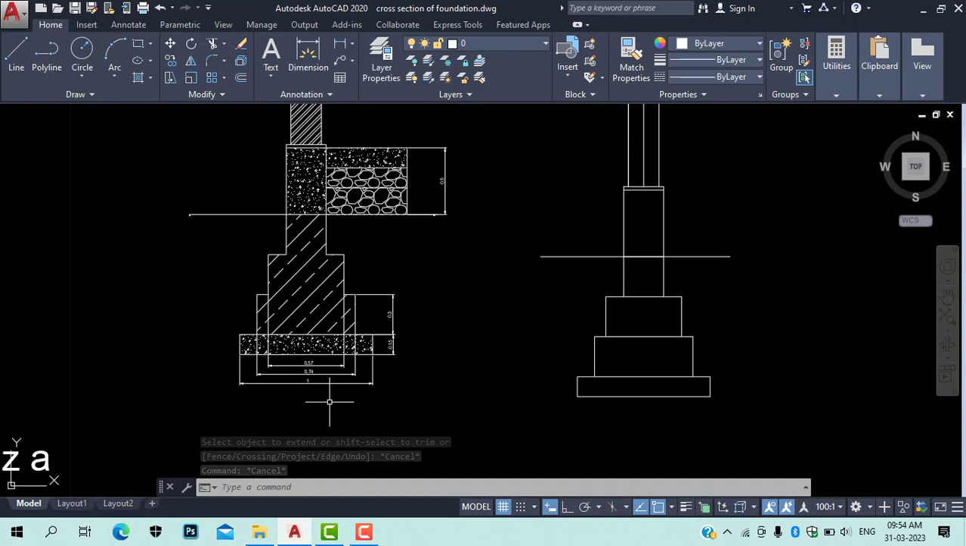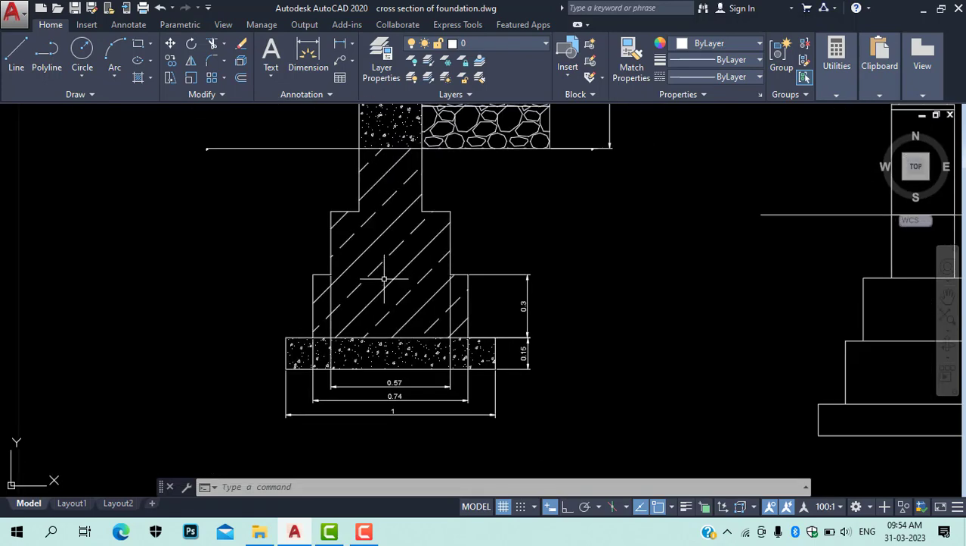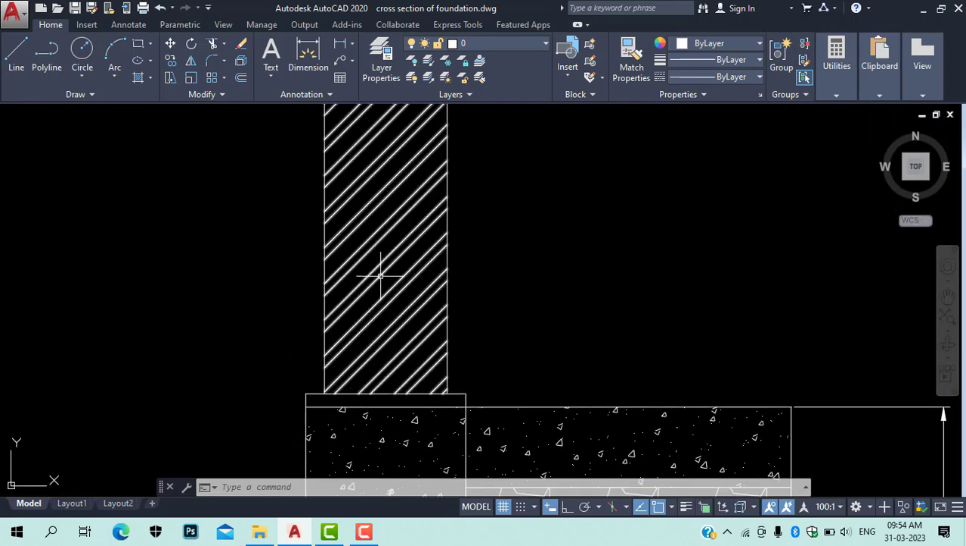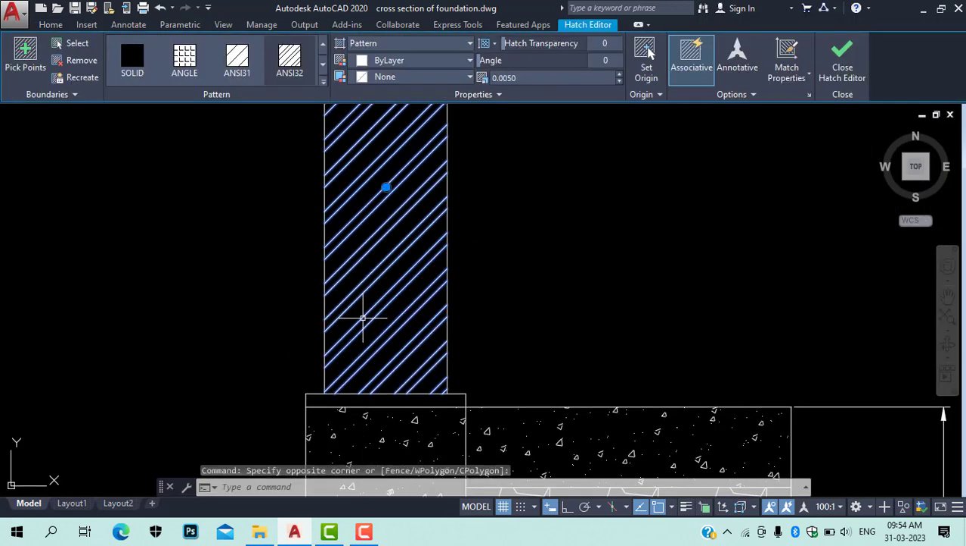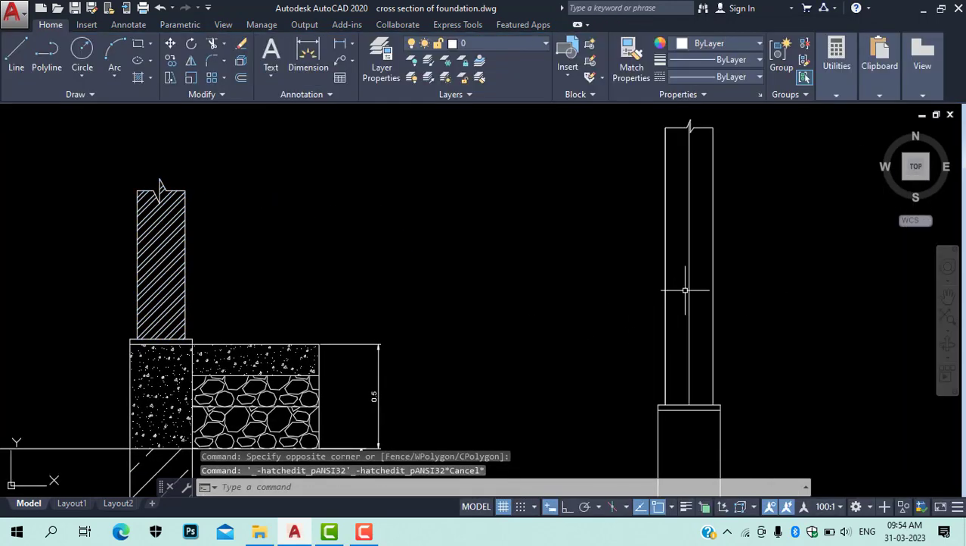So one hatching I'll show you. This is the hatching for the concrete. This is the SSM, size stone masonry. Then again concrete. Okay. This is ANSI 32 for wall. Wherever you need to show the wall, we need to show the hatching of this one. Okay. So we'll try to